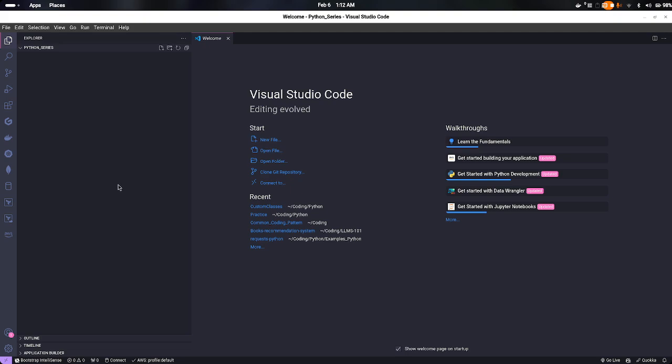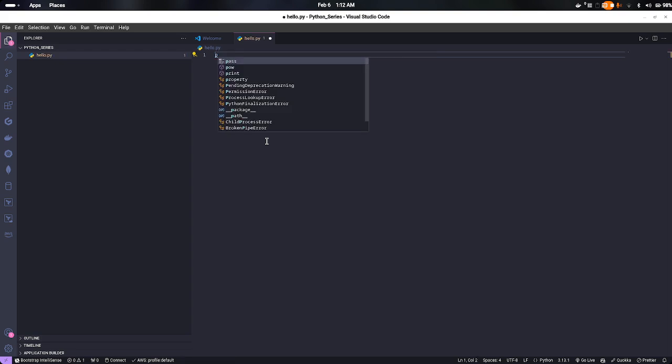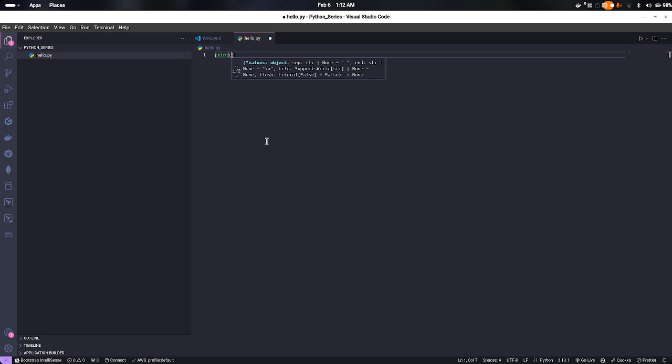Now, to create our first program, let's start with the Hello World program, as every developer would. Let's say hello.py. Any Python program ends with the extension .py. Let's print some hello world text to the console using the command print. Print generally takes a string input or an object input and prints it to the console. Just say hello world, save the program,